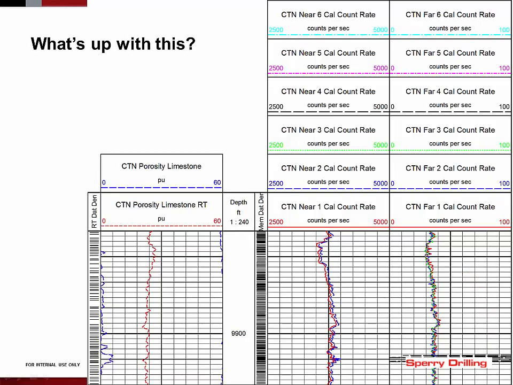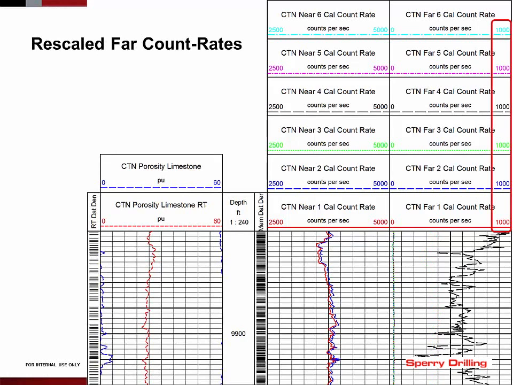So what I did in this case was to replot the data to see if I could find where that black trace was going. And I replotted on a 0 to 1,000 count rate scale instead of 0 to 100. And now I'm seeing number 4, which is showing a very, very high count rate compared with the other 3, which are all down here now. So that says to me that we've got a failure in the number 4 detector, and that's causing a problem